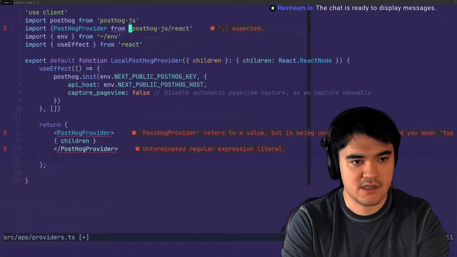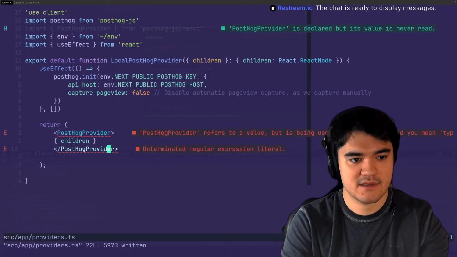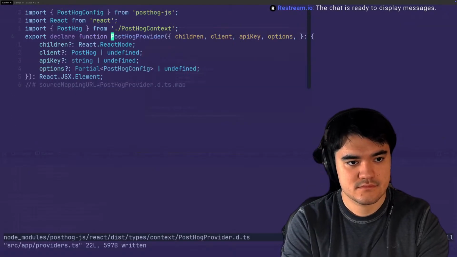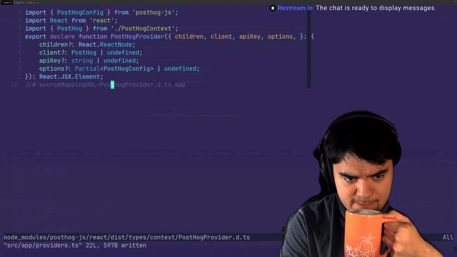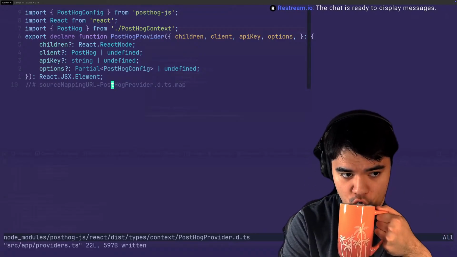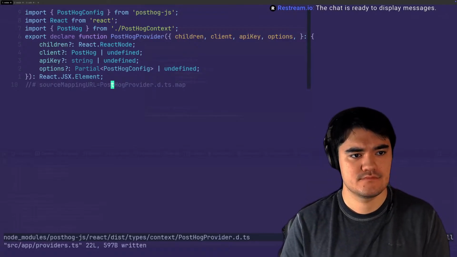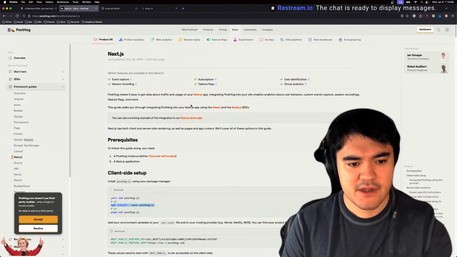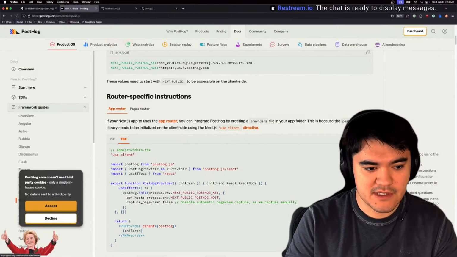So I think it should be like that, but then it doesn't like it for some reason. And all this is right from the PostHog website, of course, too. So I'm not sure what part of that is not copacetic here.